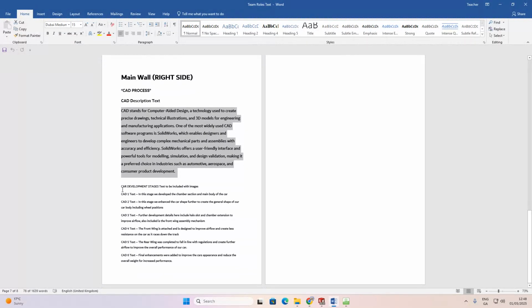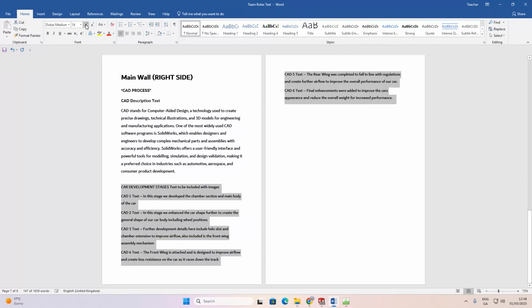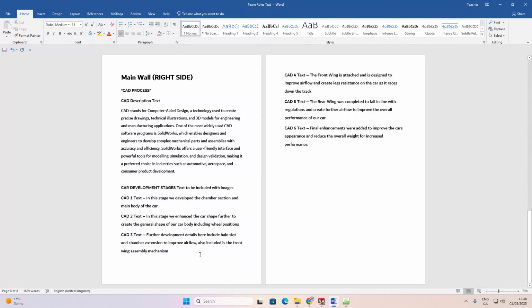And then what we have here then is, and I'll actually make this bigger. My God, it's so small. Sorry. We've called car development stages text to be included with images. CAD 1 text, and here's the text that you would take. It would be from here to here. CAD 2 text would be from here to here, 3, 4, 5 and 6, and I have all the images